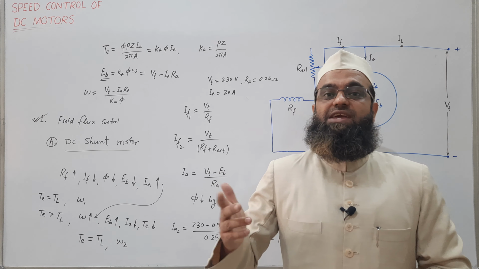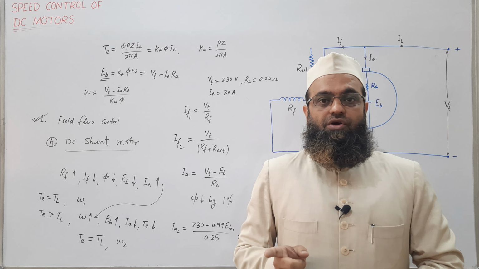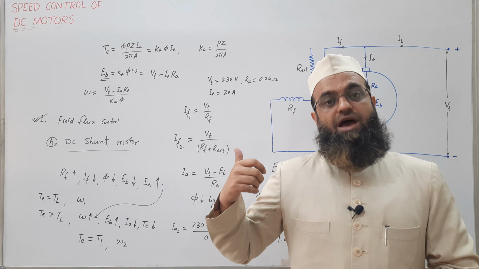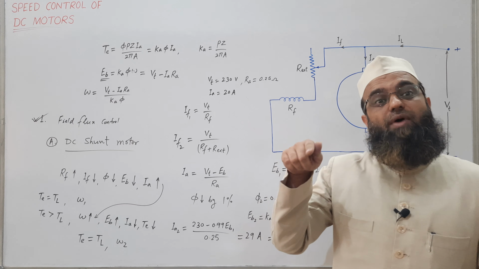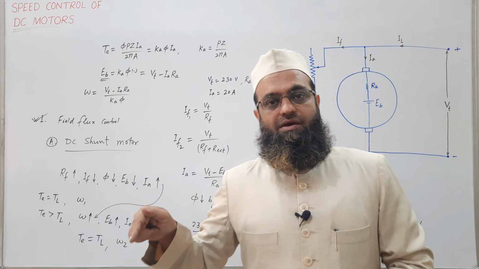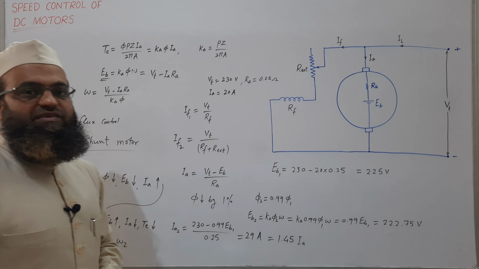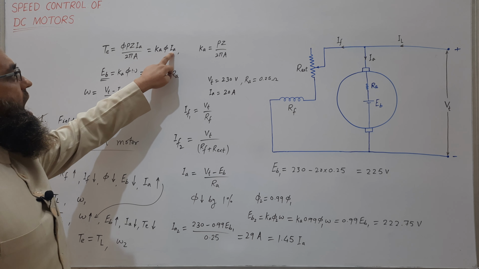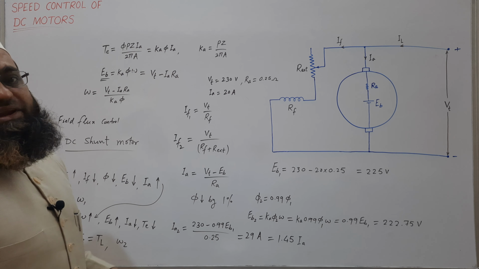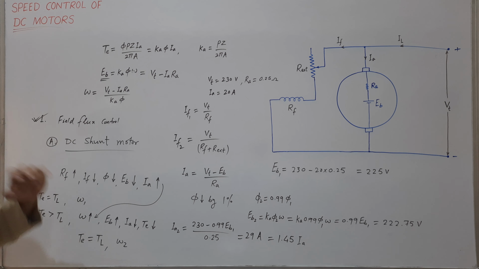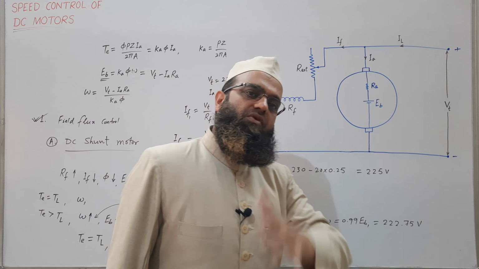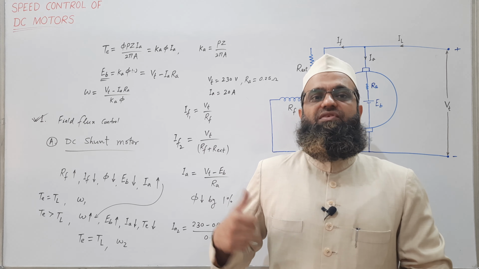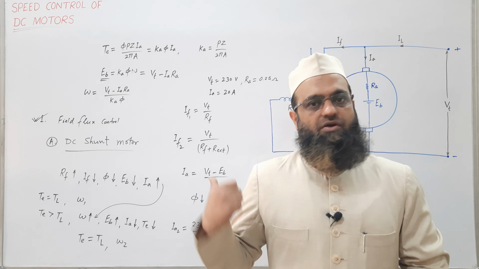Excess heating. If IA is more than its rated value, the ohmic loss in the armature winding will be higher, as it is equal to IA square times RA. So it will decrease the efficiency. To limit IA at its rated value, the limit of maximum torque will be reduced. We will discuss this in continuation of this video lecture in the next part.